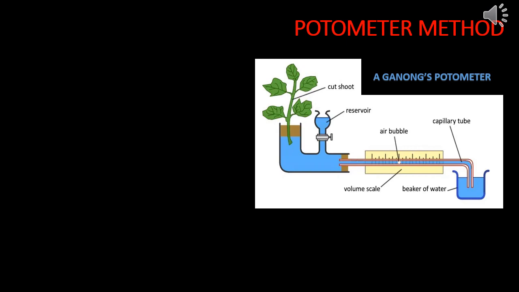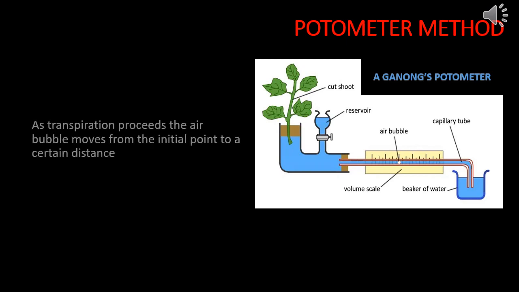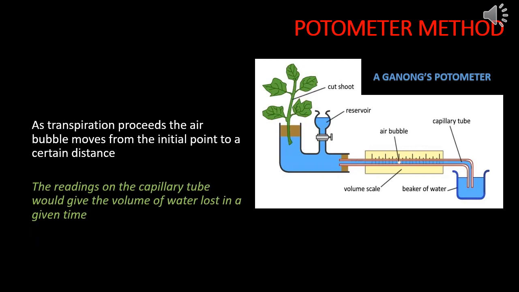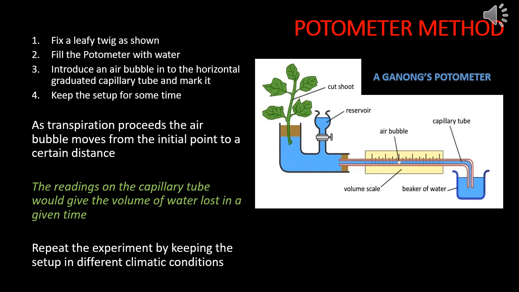It consists of a bent tube. One side of the tube bent upward and one side bent downwards. And in the middle you can see a capillary tube which has graduation. That means it has a reservoir that helps to fill water in the potometer and to do all other adjustment in the potometer. Let us see how it works.